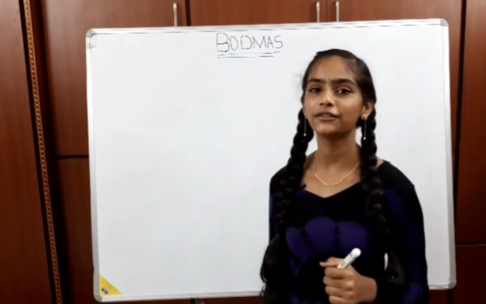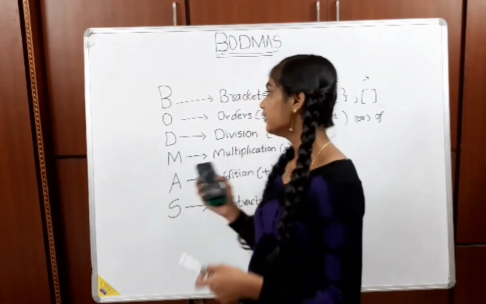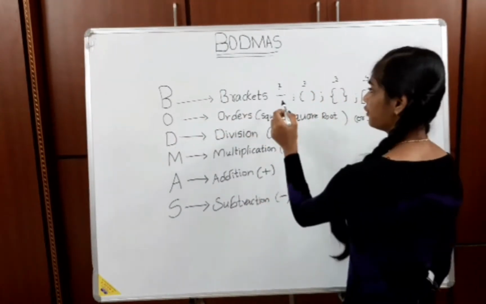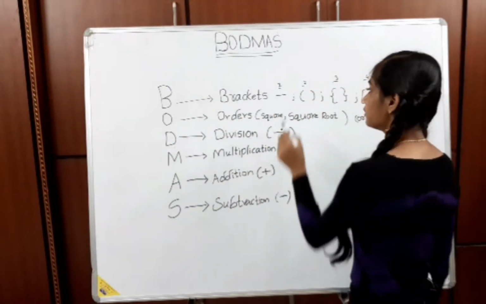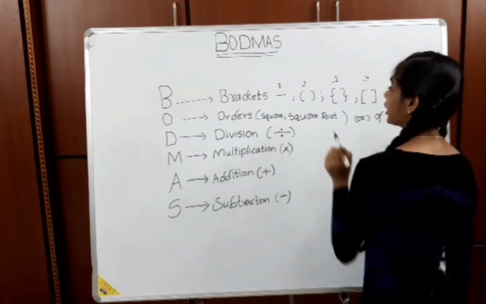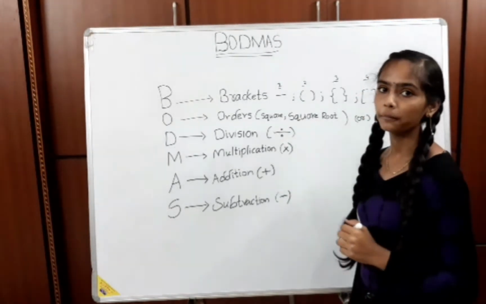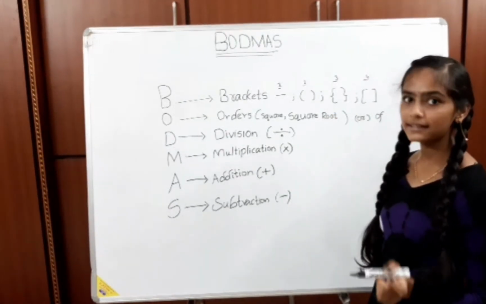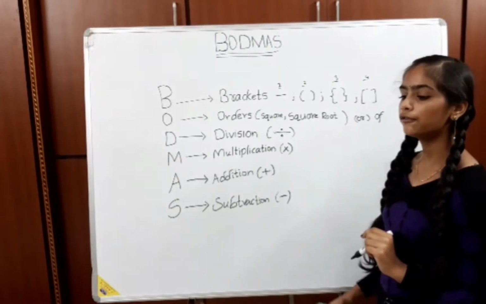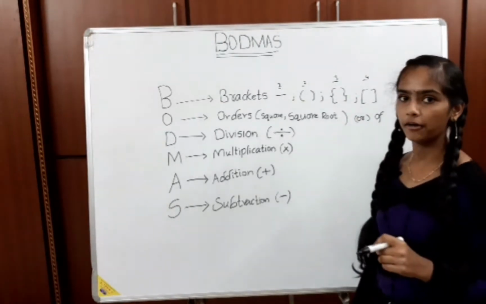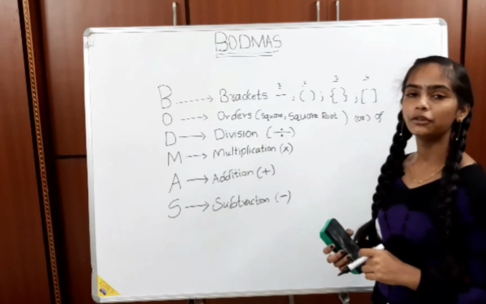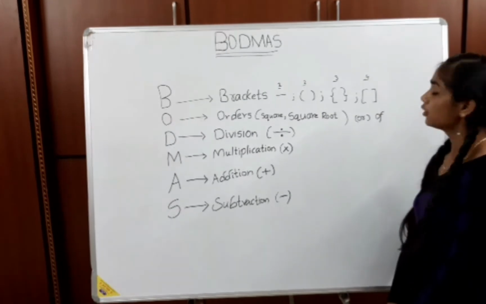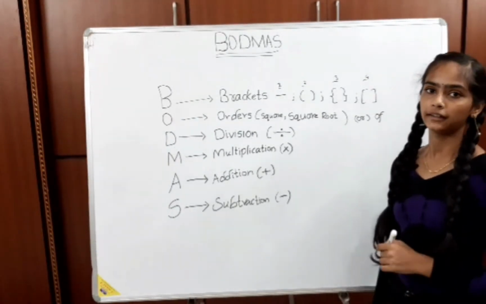So, I'll show you the full form of BODMAS. And this is the full form of BODMAS. B stands for brackets. The first one is vinculum, which is also called a bar. The second one is parenthesis or common brackets. The third one is curly brackets or braces or flower braces. Most of us say braces or flower brackets, but some people do not know that this is also called curved brackets. And the next one is square bracket or big bracket.